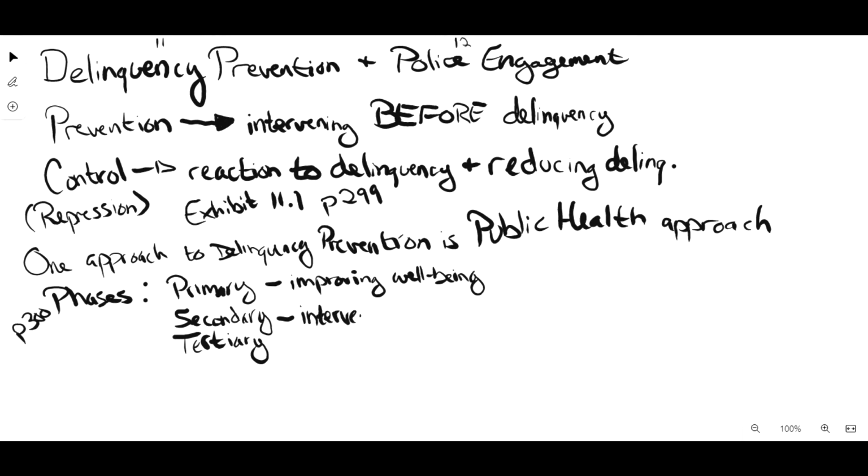Secondary, we're looking at intervention with at-risk youth, those individuals who have the potential to join into juvenile delinquency. This is also where you start to introduce things like neighborhood programs so that you can deter criminal behavior and activity. And then tertiary, this is intervention again, but this is with current